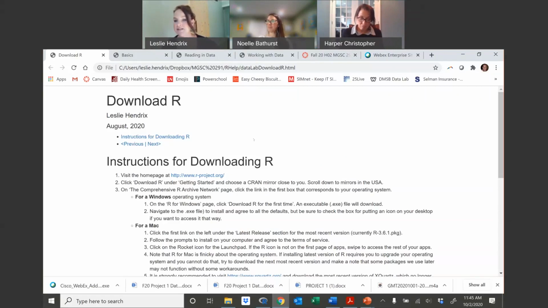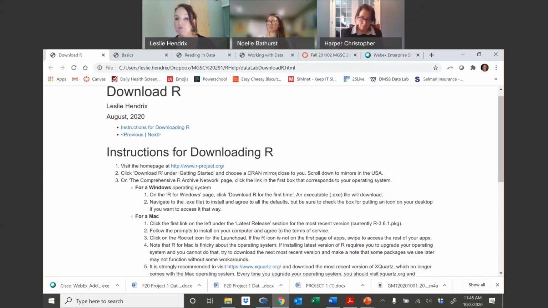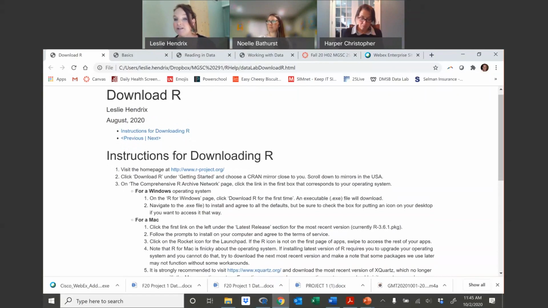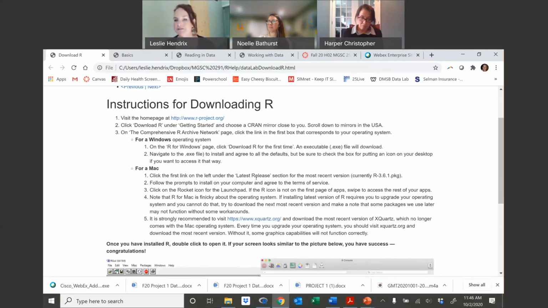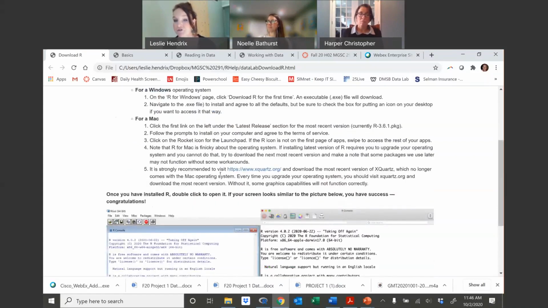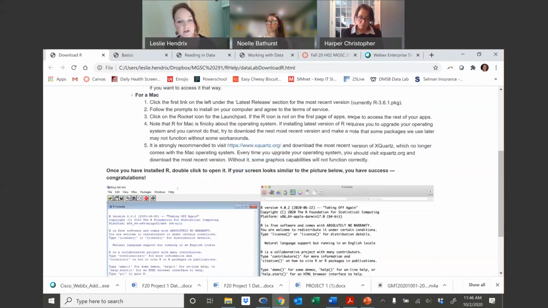So I created these help pages, and we're going to have a formal website created soon, but right now we just post them in an offline website. So I've just pulled up some of them. This is what I tell them to do for their homework that very first night, to download R. I have step-by-step instructions on how to download R. I found that fewer screenshots are better on this, to just give them some simple little steps that they can follow to download R. And I have it for Windows, and then I have separate instructions for a Mac. So I try to make this part very clear, very easy for them so they don't already get put off